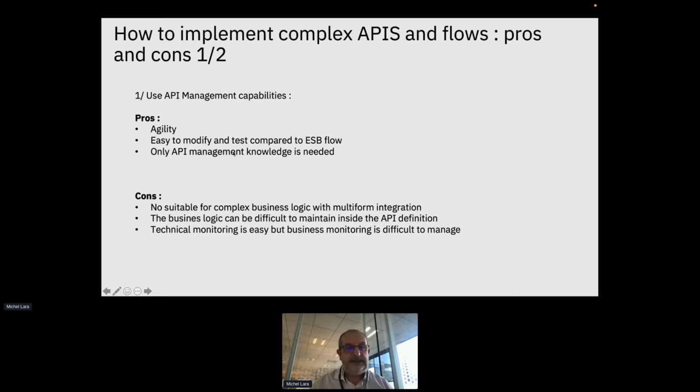So very easy to do, but the con, of course, is that it is not suitable for complex business logic with multi-form integration. When we have to combine messaging, API, synchronous, asynchronous ways, and a lot of business logic, it is more difficult to do, of course. And sometimes it's impossible to do. And the business logic can be difficult to maintain inside the API definition.